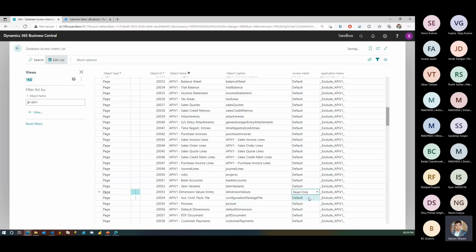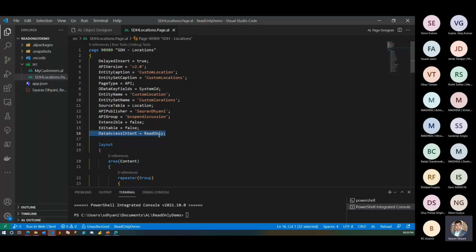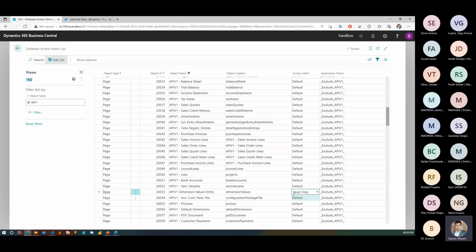If you define it here as read only, then whenever the call is made, it will take the priority from here. So the first priority comes from the design of that page. This page will always be read only, even if I change that property here to allow write. So the first level of priority comes from the designer, whatever has been designed. The second level of priority comes from here,